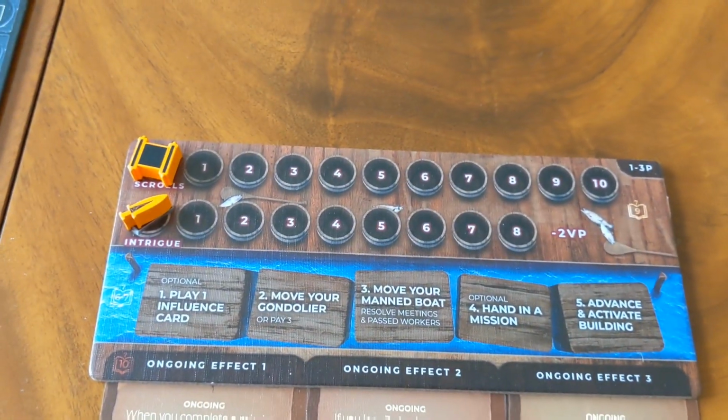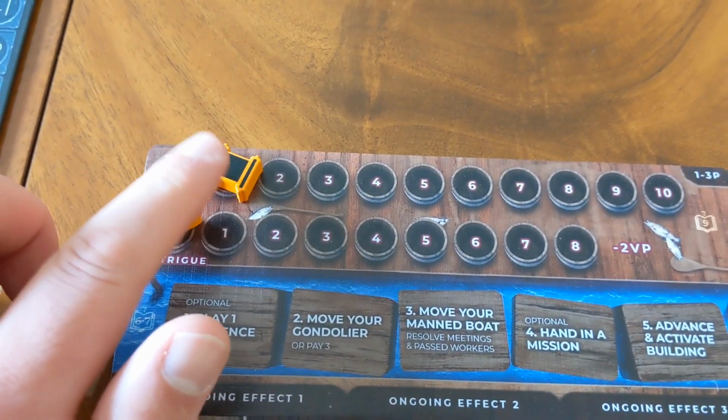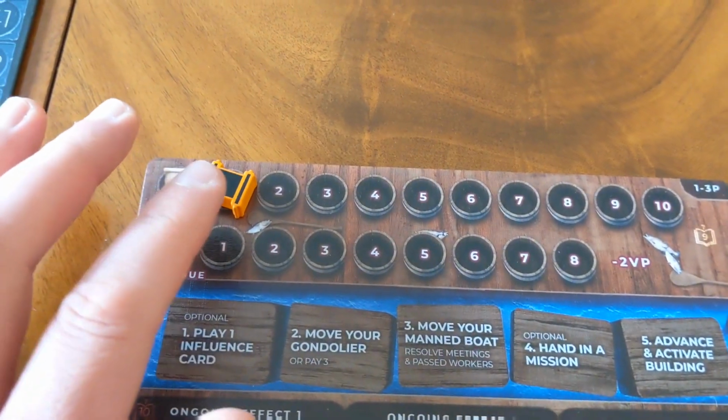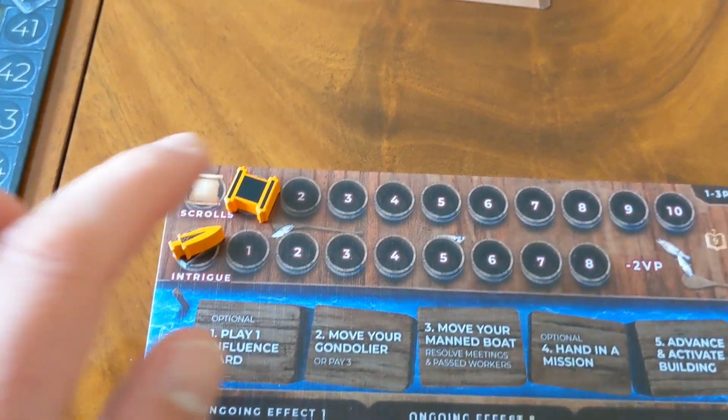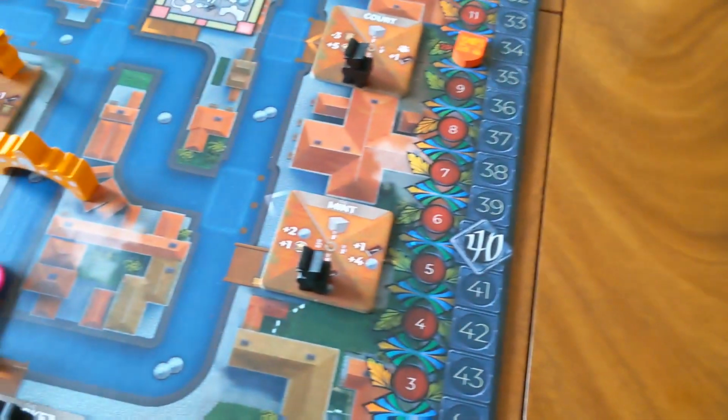You've also got two tracks here, and these two tracks are quite important. The first one being scrolls. Scrolls are quite an important resource because they let you negate taking certain penalties, which I'll explain shortly. And they also serve as an extra resource to pick up and deliver to different locations, because